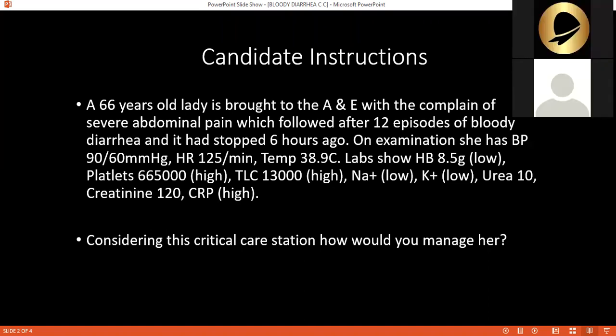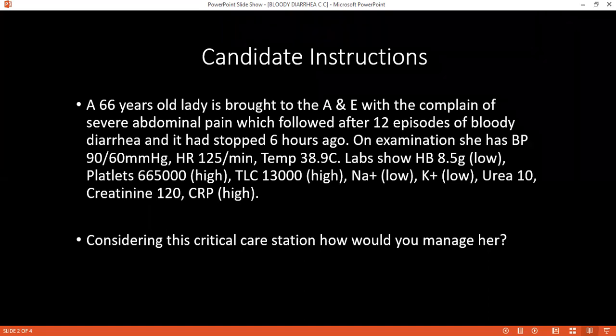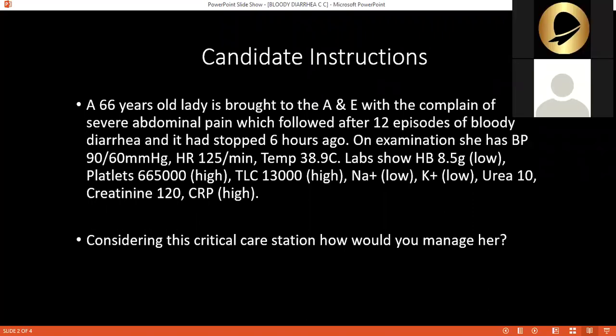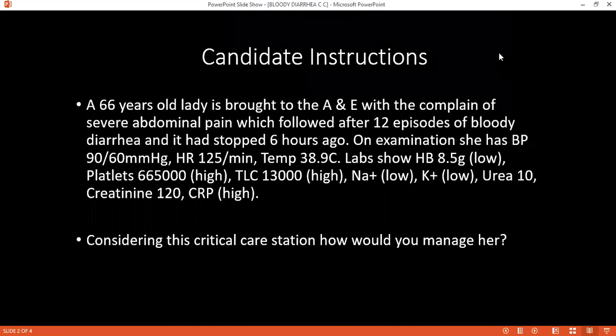Can you please tell me what differential diagnoses you will consider for this patient? For this patient, ulcerative colitis and Crohn's disease, ischemic bowel, infective gastroenteritis, colitis with Clostridium difficile, amoebic dysentery,